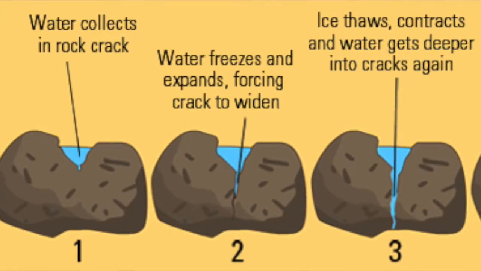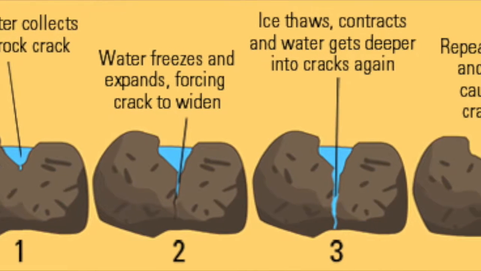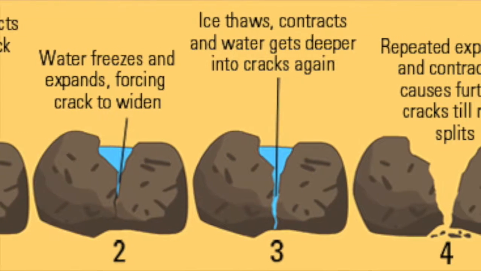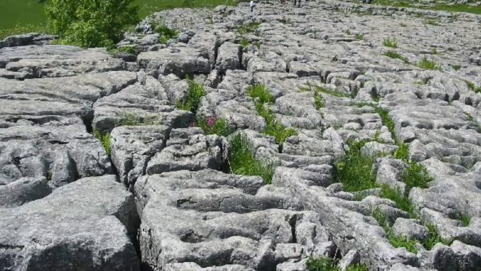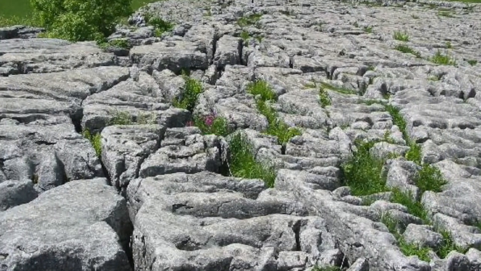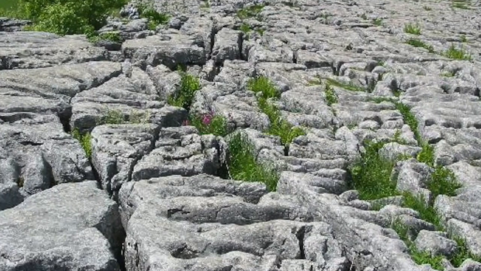The freeze-thaw cycle is when water goes into the cracks in between rocks and freezes, then expands the cracks and eventually breaks the rock apart. Chemical weathering is the breakdown of rocks resulting from chemical reactions or the dissolving of chemical